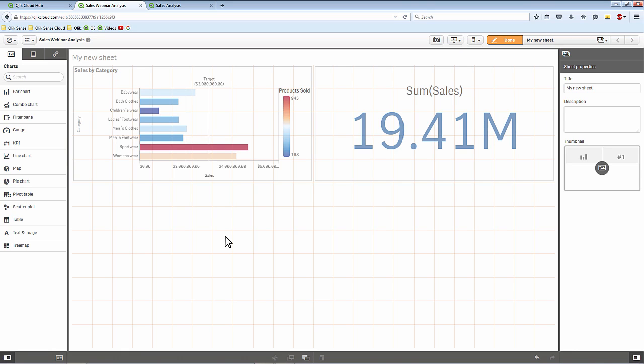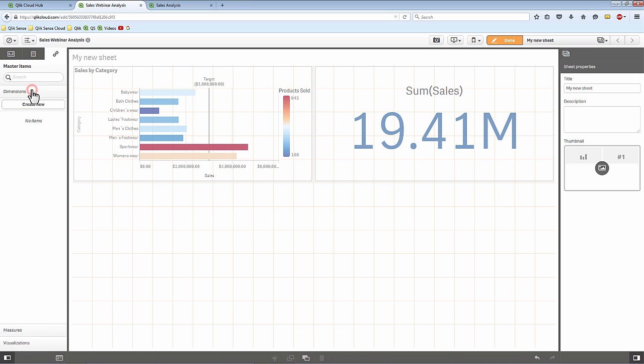Deriving fields basically means we're going to create new fields from existing fields or existing data that we've already loaded. So for example, let's say I want to create time series analysis and I need some date dimensions like year and month, and all I have is order date. Well, I can create new fields utilizing functions such as year and month and extract those components from the order date. And we can do that very easily by utilizing master items and then starting to create these new fields within the appropriate area, such as dimensions.